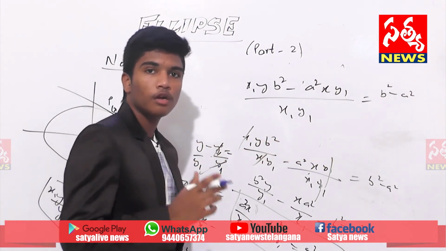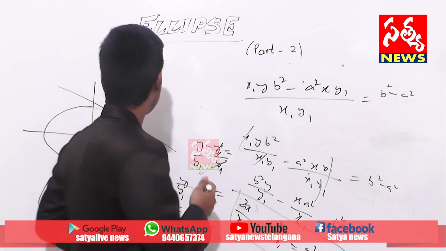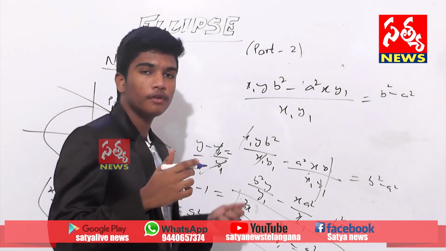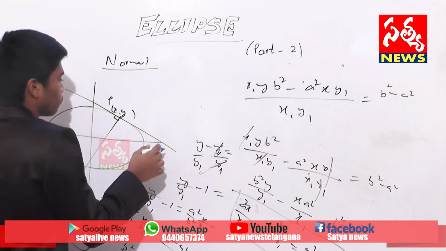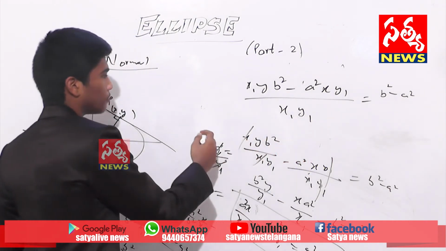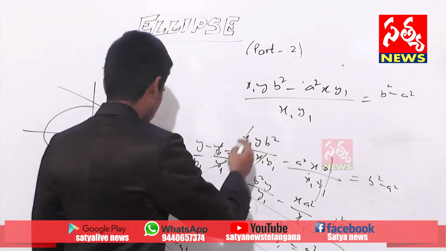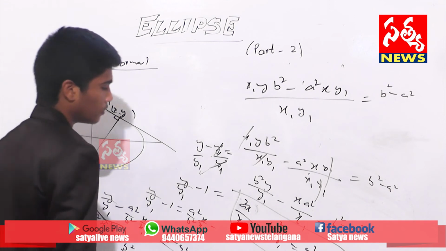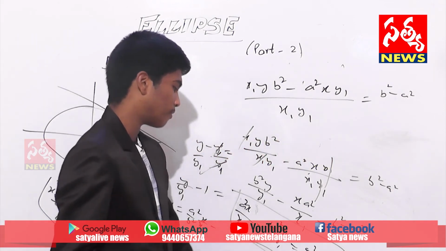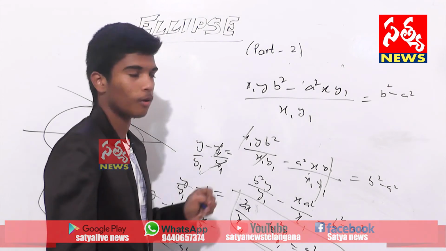See, first of all, what we found? We found the value of m, which is the slope of normal, from the point form of slope of this tangent. And after that we simply used y minus y1 equals m into x minus x1, and after this derivation we get the answer a square x by x1 minus b square y by y1 is equal to a square minus b square. This is the point form of normal.